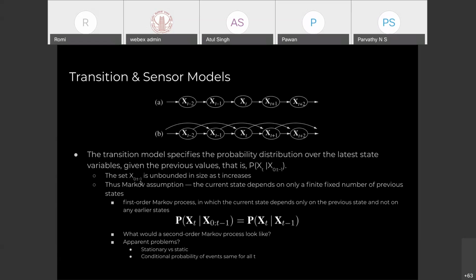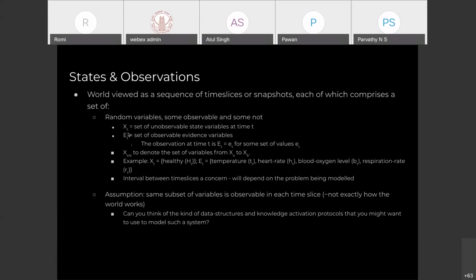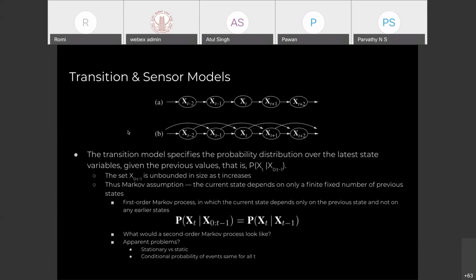And here the question again is the time that you are going to consider. If I go to the previous slide, you see here is the time. And over here, I have a set of observations and a set of variables coming up. So for how long should I consider my time? Here it says a finite number of states. Again, finite is countably infinite, right? So there are many such questions that come up when you're actually going to model this system. So for ease of computation, we always do a trade-off wherever it be. So we say the current state depends on only a finite number, just a countable number.